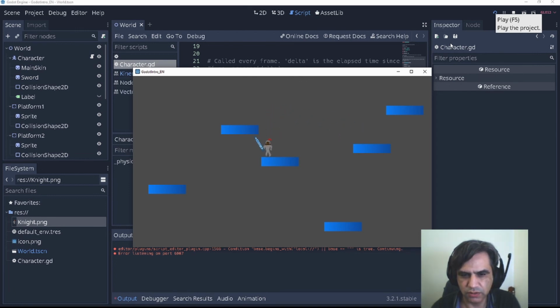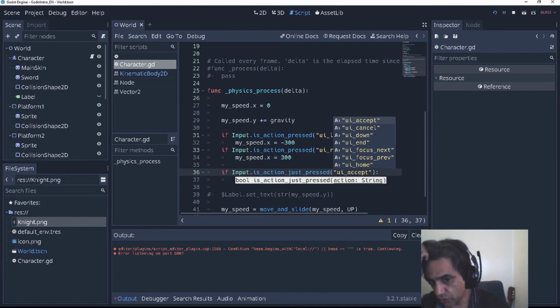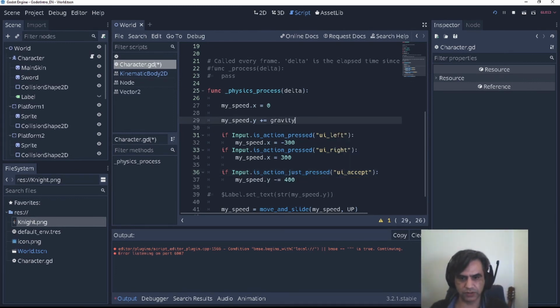It's very slow. It's very slow because I don't want is action just released. I want is action just pressed, and this is a good reason to explain the difference between is action pressed, is action just pressed, and is action just released.